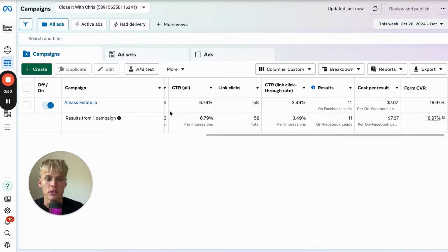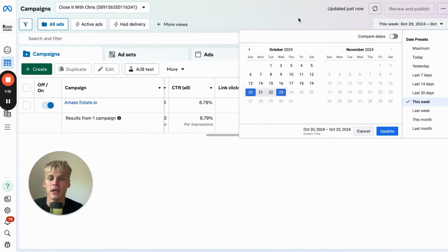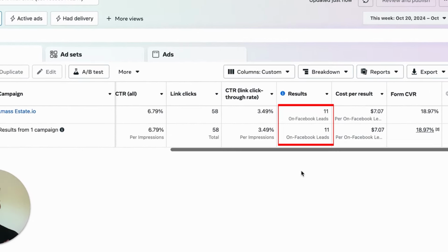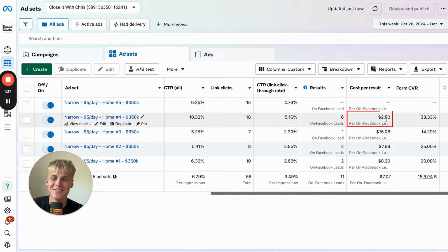So how we do all of our lead generation, as you can see here, October 20th to the 23rd, we launched this client on Monday. So this is going to be the most accurate data and show you the strategy behind what it looks like when we launch a brand new client. If we come in here, we can see that we've generated 11 leads already so far. And this isn't very impressive because we're just in the testing phase, but if we look at the ad sets, where all of the targeting happens, you can see that there's an ad getting $2.50